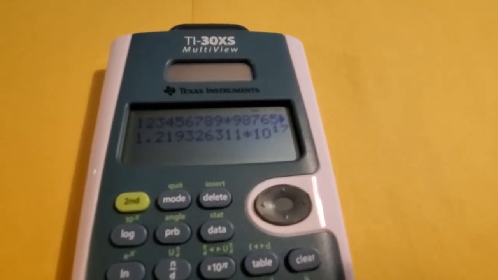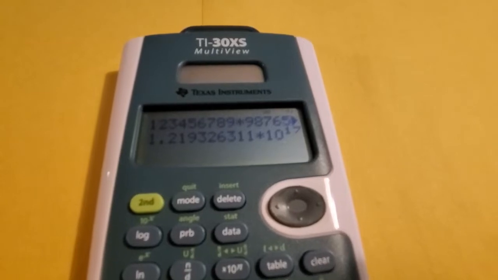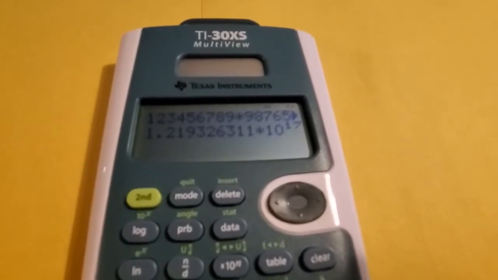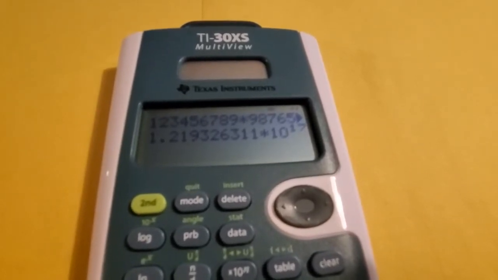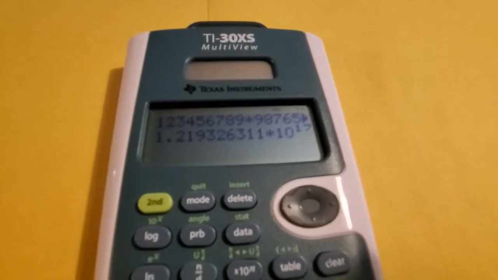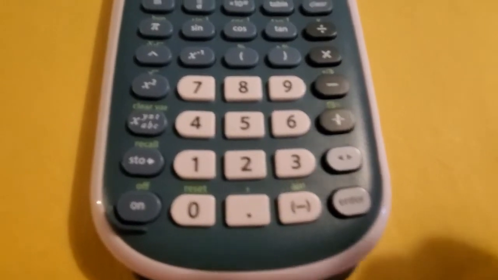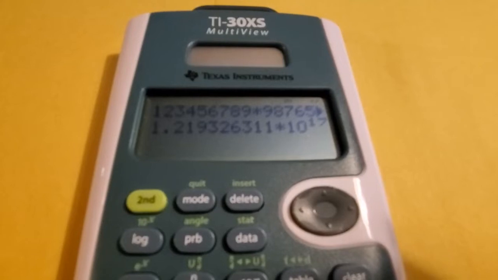This is the TI-30XS. This is a Texas Instruments calculator, so a different brand than the last two. And I did the same thing on this one. So I did 1, 2, 3, 4, 5, 6, 7, 8, 9 times 9, 8, 7, 6, 5, 4, 3, 2, 1, and then I hit enter. On this calculator, the enter button, which is down here on the bottom right, is your equals button. So when I hit equals, it gave me this beautiful answer of